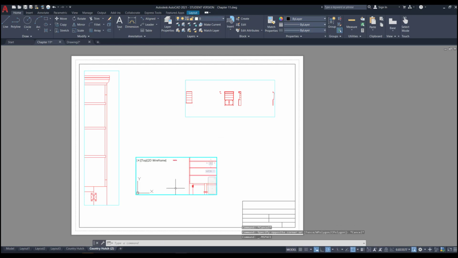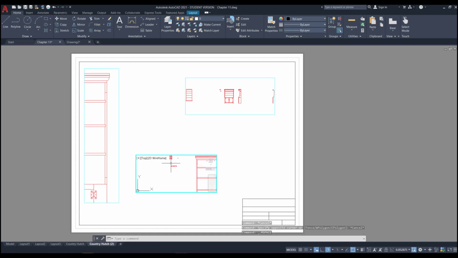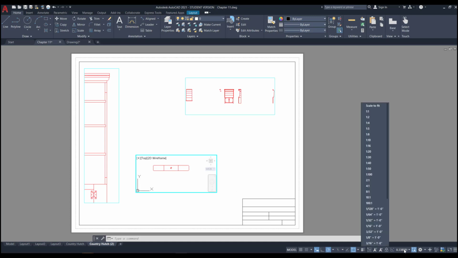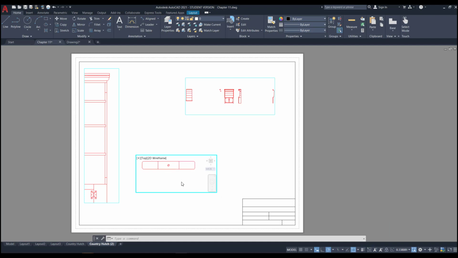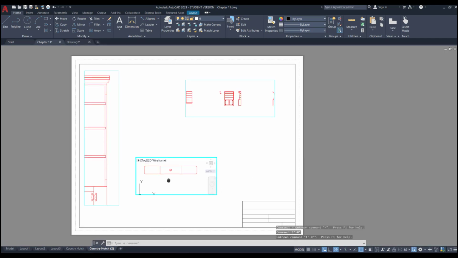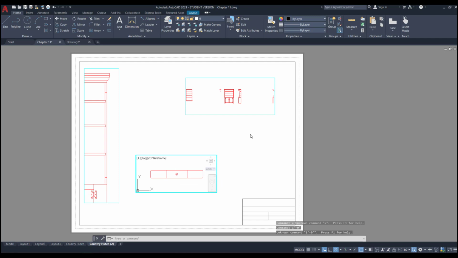Now I need to zoom in on this latch over here. Set the scale. It is 6 inches in the book, so this one I'm gonna pan, and that's it. Now this one,